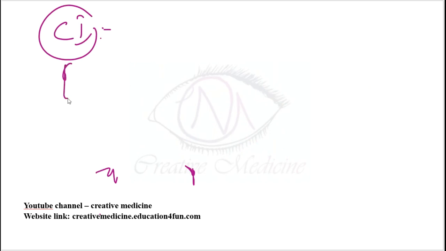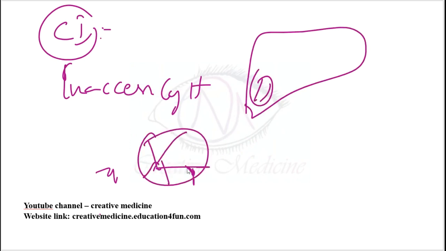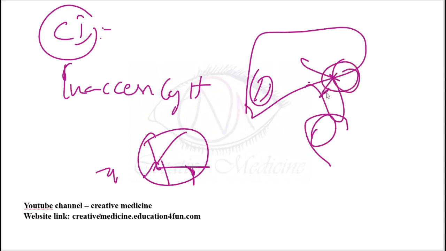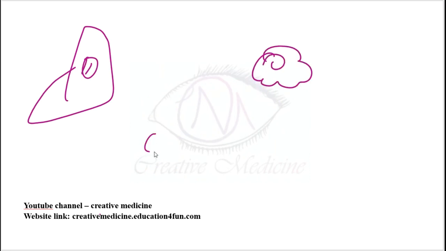What are the contraindications? If the cyst is inaccessible, or peripherally located, then obviously you won't do it. If the cyst has multiple loculi, a multiloculated cyst, or if the cyst has communication with the biliary system, then you won't do it. If there is a cyst in the lungs, it is not done. If the cyst is present in the brain, you won't do it. If it is a calcified cyst, you won't do it.